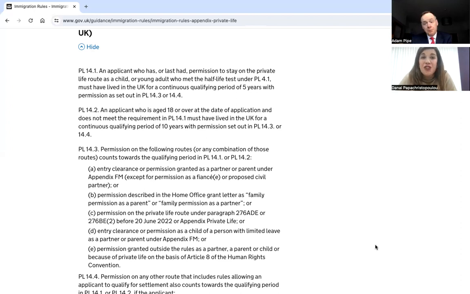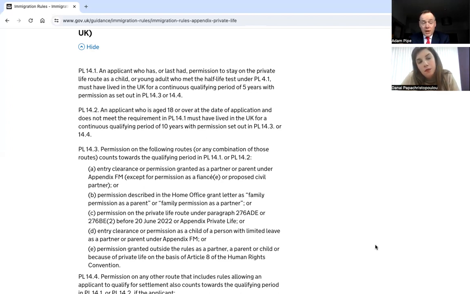Right. Wow. So I'm very aware that unless somebody is preparing way in advance and we have the time to say, let's write to the Home Office, let's see if we can do this, otherwise, when the deadline is in 3 weeks or 1 month, you can't do this. And the safest option, as you've said, would be to apply for leave under Appendix Private Life. Let's take this step by step.